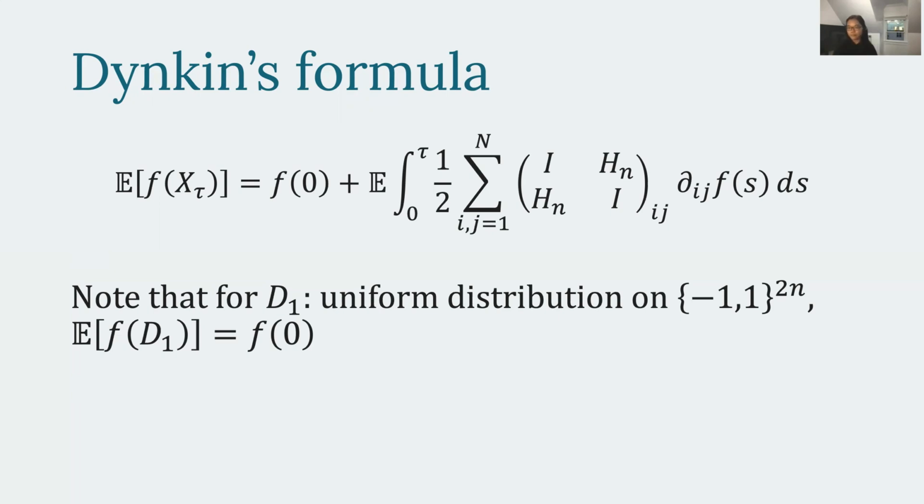And so I can just use this formula, where this thing is meant to be the infinitesimal generator, and that's just equal to the diffusion constant. And so I just use this thing, and then